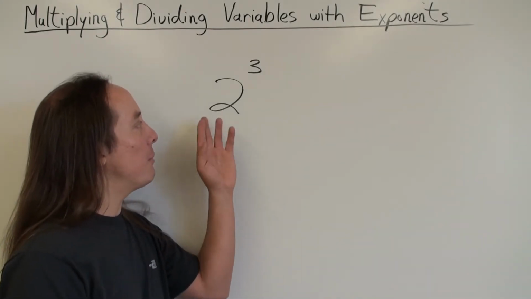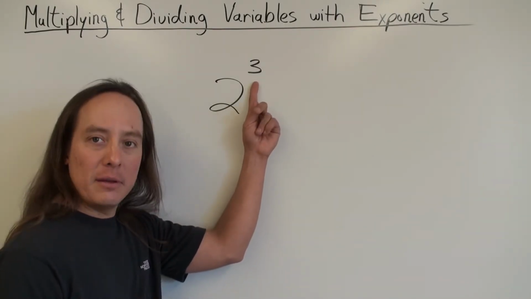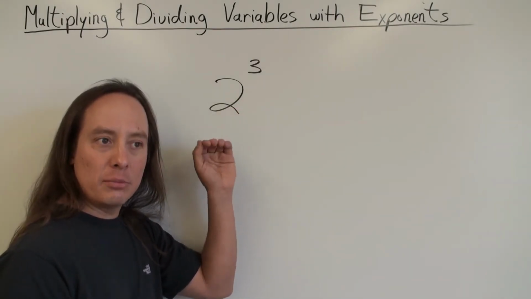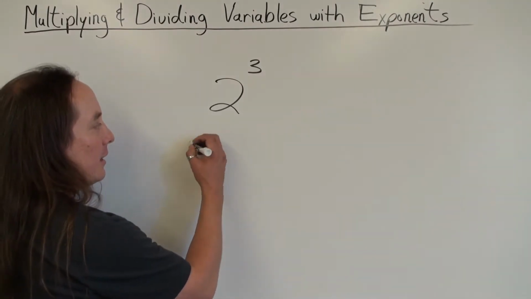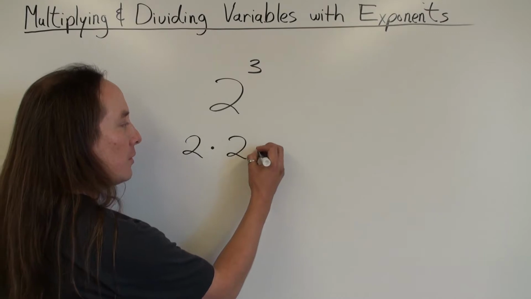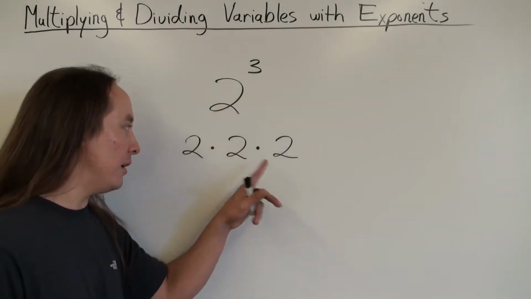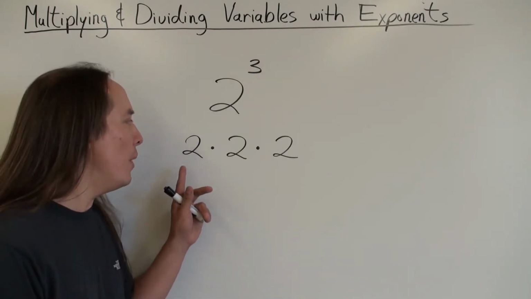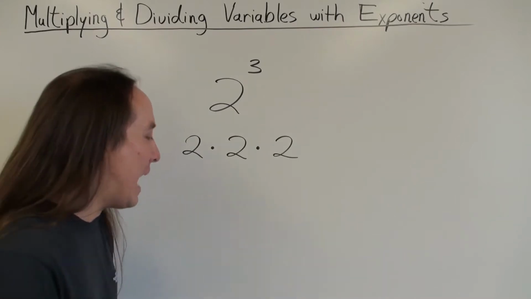But if you remember, we multiply the base by itself this many times. So it'd be 2 multiplied by itself 3 times. So it would basically look like 2 times 2 times 2. 3 of them, that's what the exponent tells me. I have my 2, or my base, written down 3 times, and I multiply it all together. Okay? But what happens